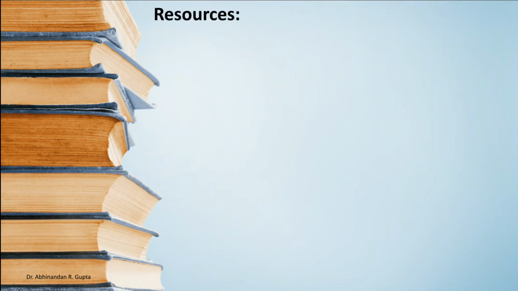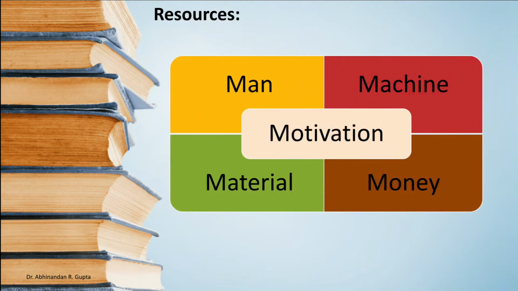While doing a particular project, we need to carry out the activities, and these activities, meaning work, require resources. We have broadly divided the resources into five categories. It can be man, like manager, employee, labor, mason. Depending upon the project, the man resource changes. Then machine, money, material, and motivation.